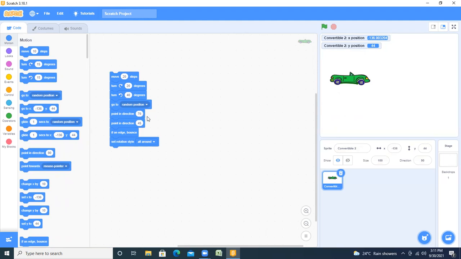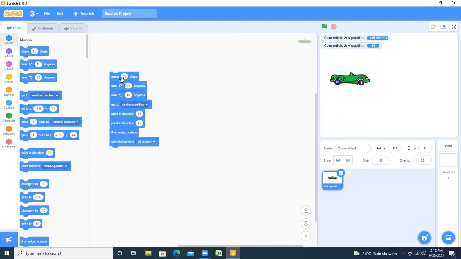Random means not our own choice; it just moves to any position. Point in direction 70, then point in direction 45 degrees. If on edge, bounce means if this sprite is moving on the edge of the window, then it bounces. Set rotation style all around.